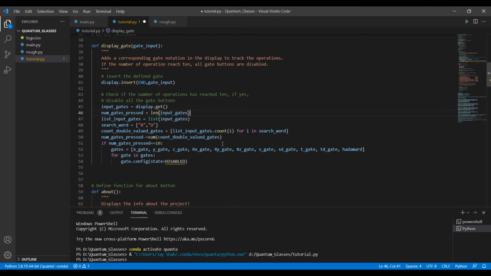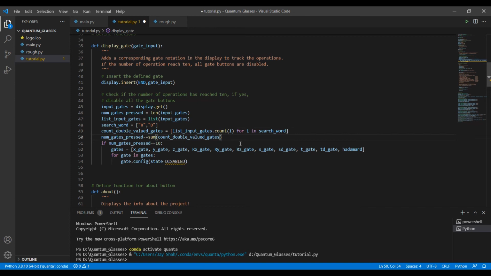Basically, it gives you how many times you have pressed either the R gate or the D gate, because we are traversing through this list. For the very first time, this i has the value R, and the next time the for loop runs, this i takes up the value of D.